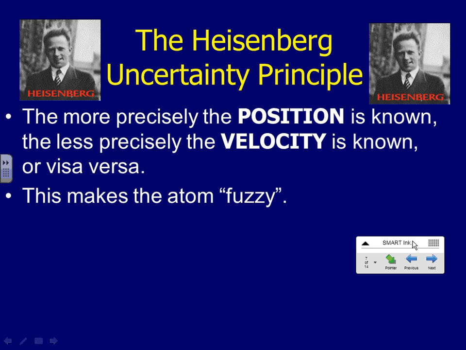The more precise you know the position, if you know where it is, you really don't know its velocity very well. Its velocity is related to the energy. So if you know where it is, you really don't know how fast it's going. But if you then change your experiment and figure out what its speed is, you might know its energy. You really don't know where it is. Now, what does that mean? If you can't know both of them very well,